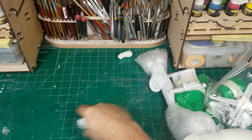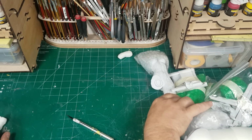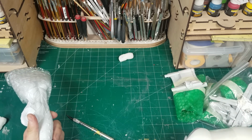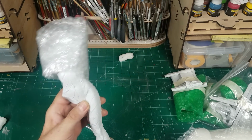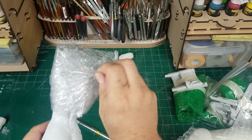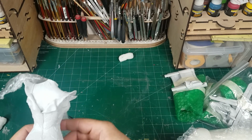All right, so let's see what we got. Let me get an X-Acto blade here so I can cut some of this open. Let's take a look at Miss Laguna herself at first. The body part. I've yet to receive a Filmy's Girls kit that had any damage in it from shipping, which is